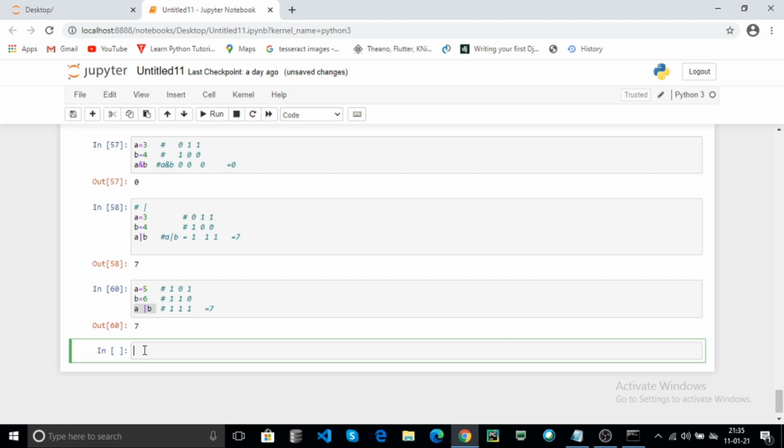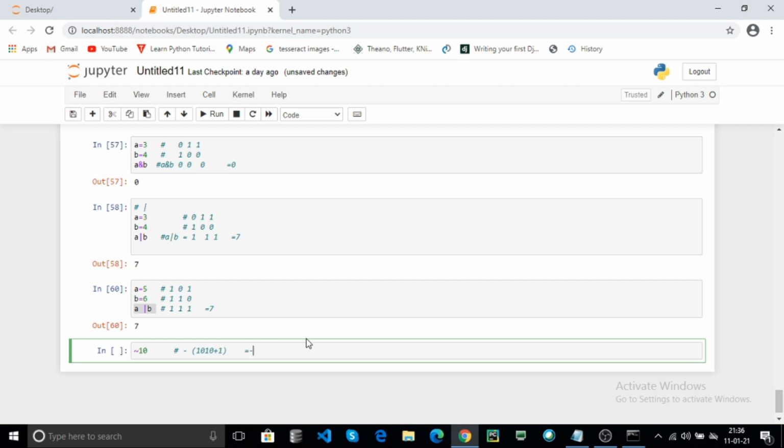And use the bitwise negation operation. For example, negation of 10. How will this be calculated? Use minus instead of negation, calculate the binary value of 10, which is 1010, and add 1 bit to the 10 binary value.